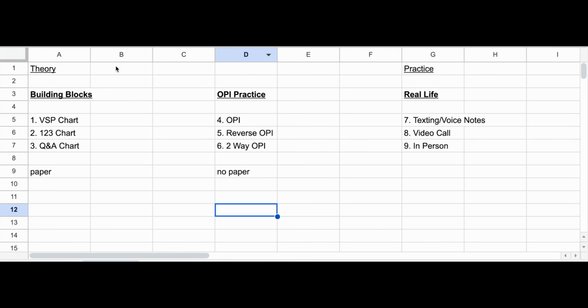Like, as we move from theory to practice, okay, here we're doing this. Then you start to move into, okay, I'm going to do an OPI now. So I have to sit down, just have to answer questions on the fly, no paper, okay? And then the big difference between